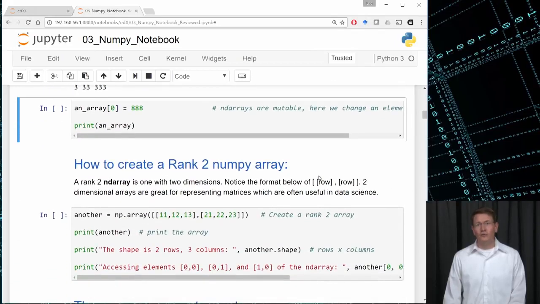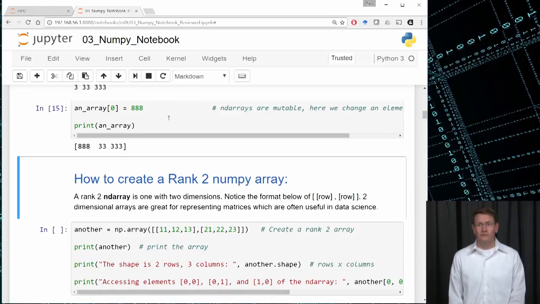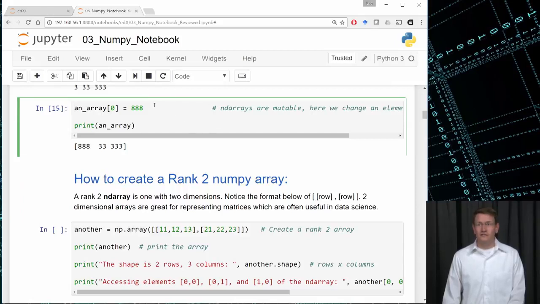ND arrays are mutable, which means that we can switch their elements. To do this, we can use an assignment. Here, we're changing the contents of the first element to be 888, and then we're printing the result. The first element is now 888. Remember that these arrays are typed, and we'll see more of this later, but if I try to assign it to be a string, like this,